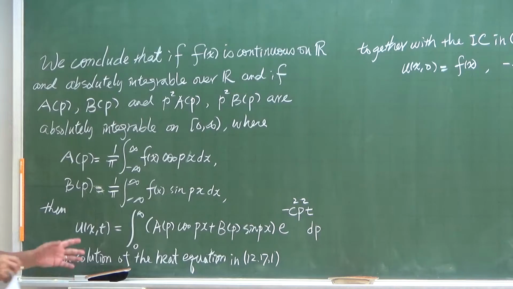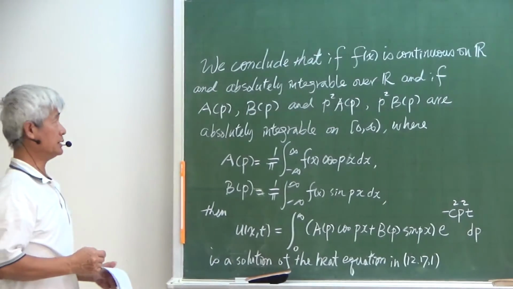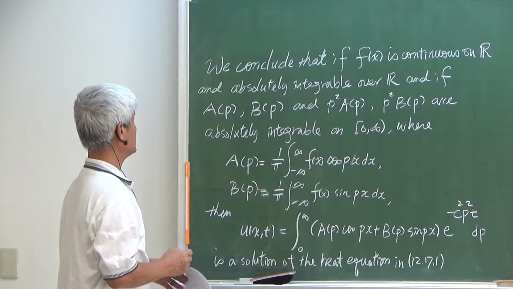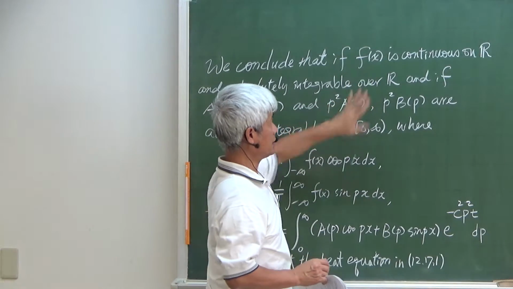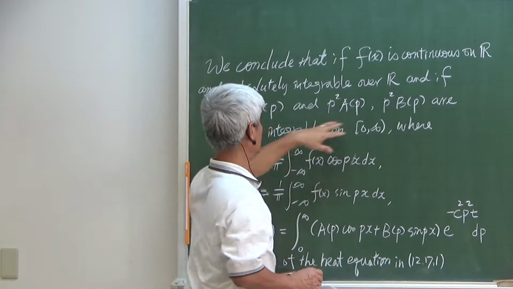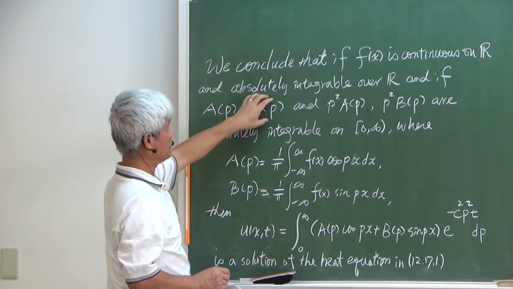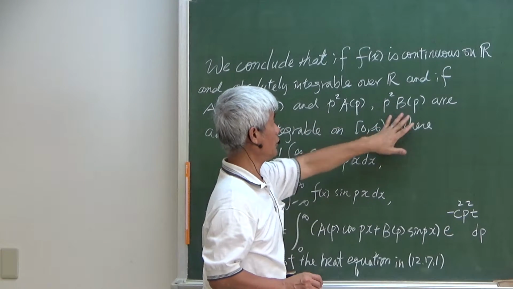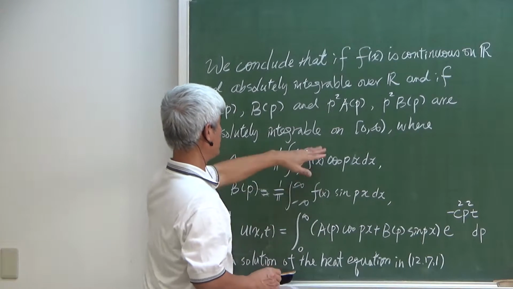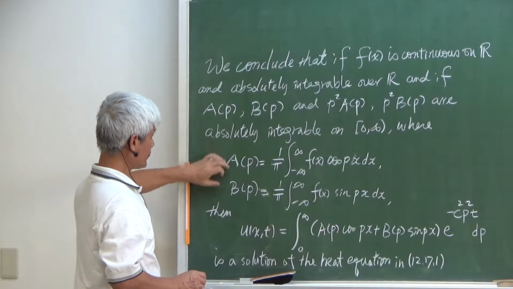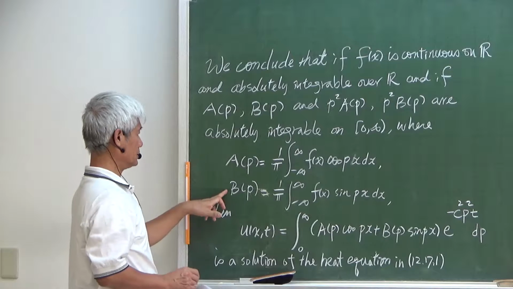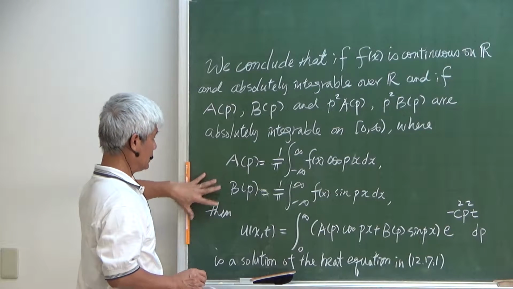Okay, so let's write down the conclusion of our discussion last week. If f(x) is continuous and absolutely integrable over the real line, and if A(p), B(p), p²A(p), and p²B(p) are absolutely integrable on this semi-infinite interval, where of course A and B are the Fourier cosine transform and Fourier sine transform respectively, then